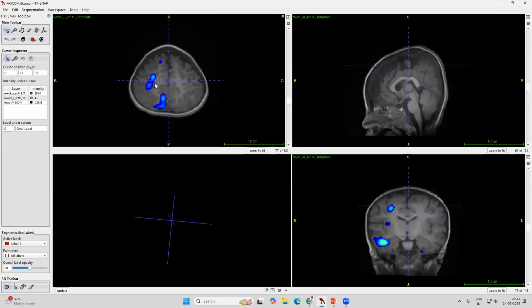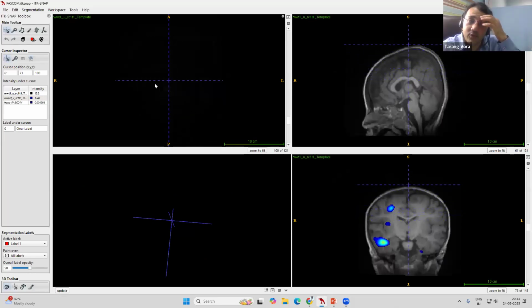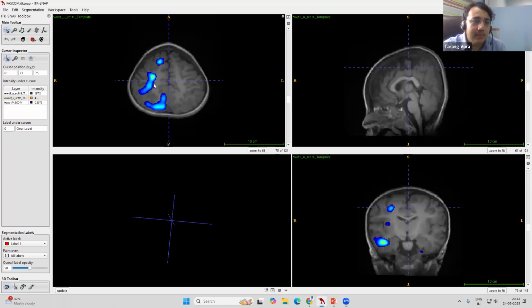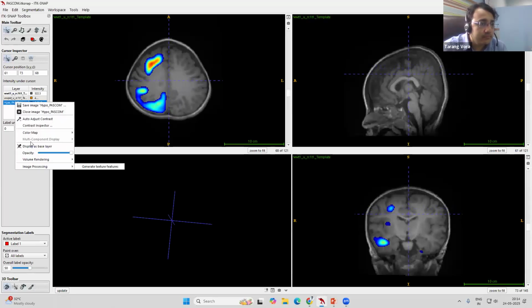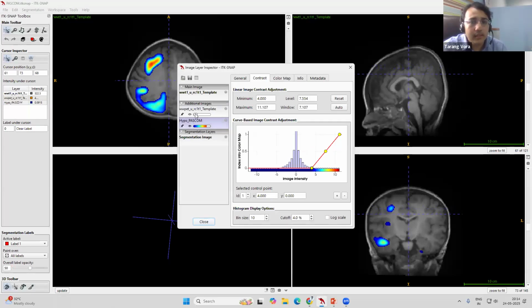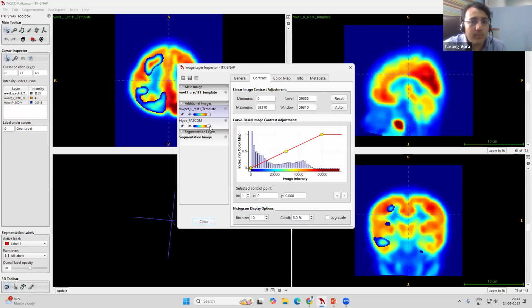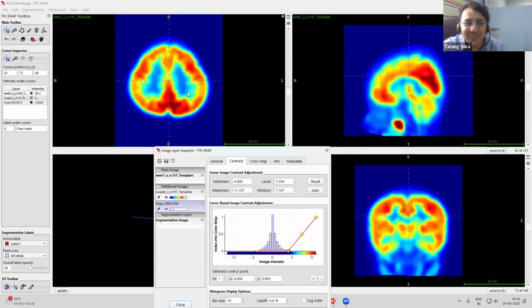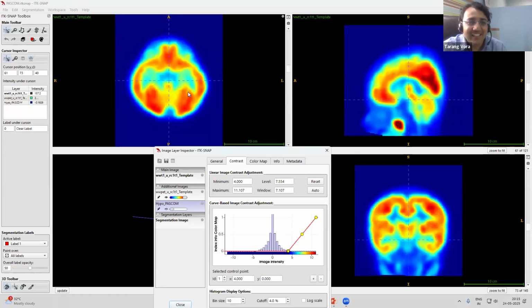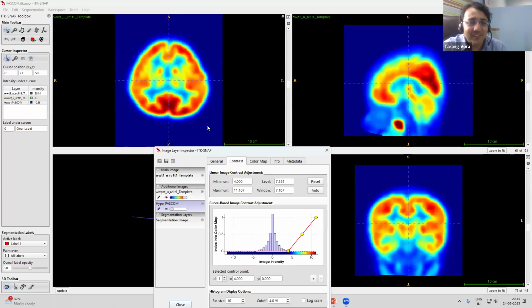So this is PASCOM, what I was talking about, developed by Amrita Cochin, and this is the PET. First I'll show you how it looks. This is the normal PET scan that we get, and it's difficult for us to identify which area we are going to resect based on the PET scan.